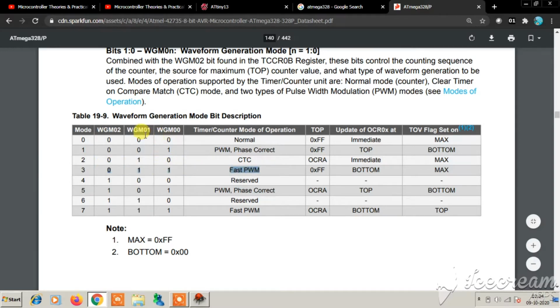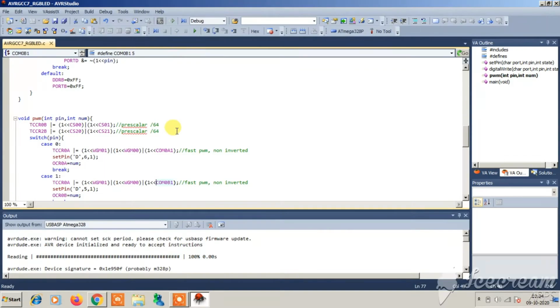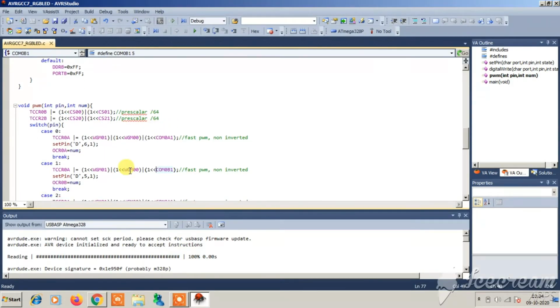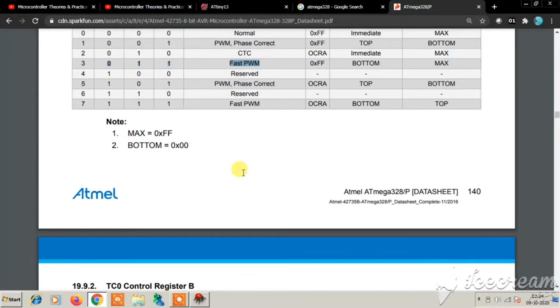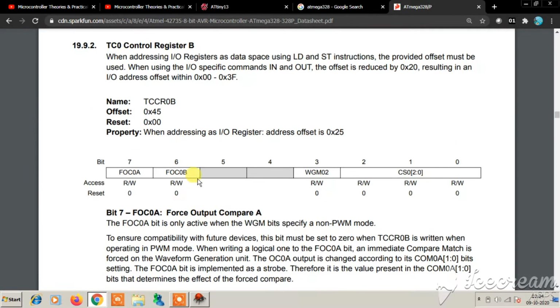Therefore, we will be setting WGM01 and WGM00. We have set fast PWM non-inverted here. These other bits are not for our purpose right now, since they are for a non-PWM mode. Our only focus is the WGM bits and COM0A0, COM0A1, COM0B0 and COM0B1.